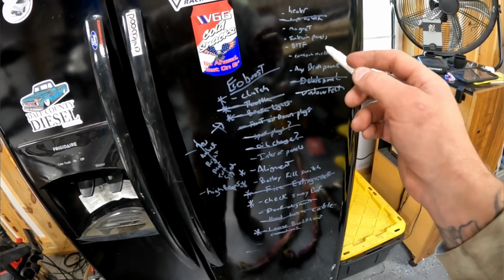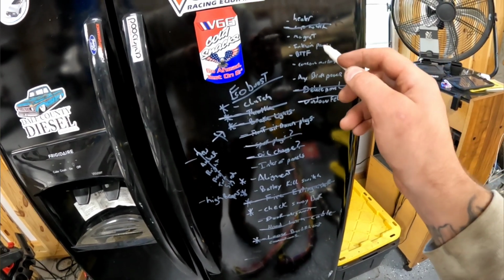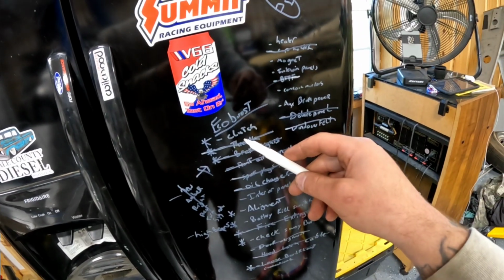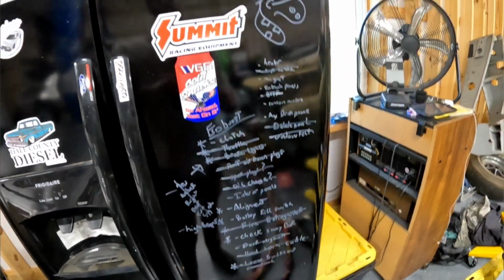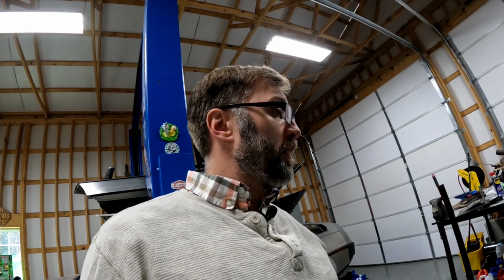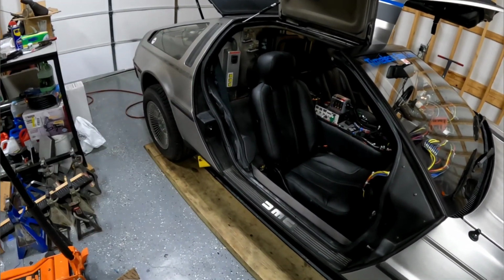Aux brake power, haven't done that. Concourse mirrors, concave mirrors, haven't done that. Back to the Future stuff is back in. And so that's all we did. But I'm going to keep going. We don't have too many things to do, just a lot of little things. I mean, realistically, the car can drive as is right now. So next thing I need to do, really, I need to get these door panels glued in so that I can